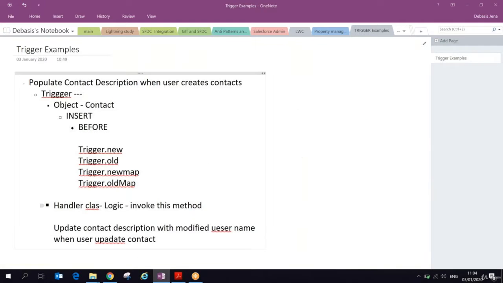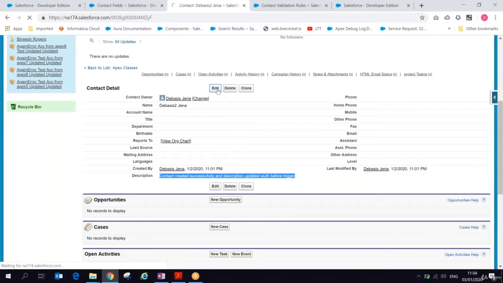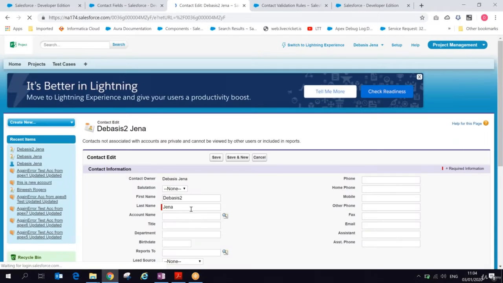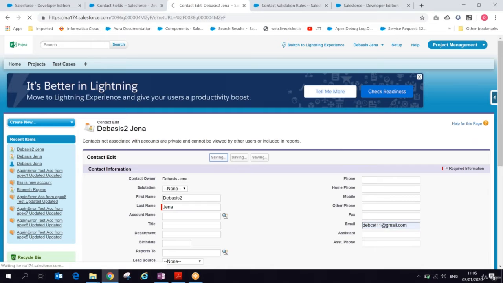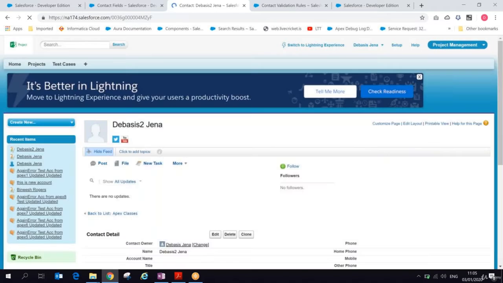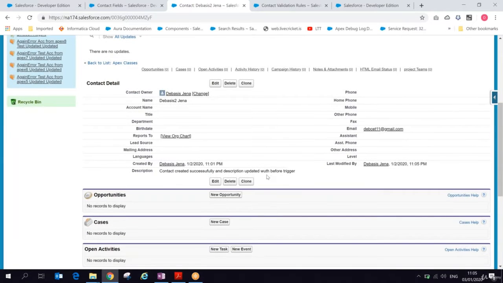Now I go and edit this contact, adding some email ID. Now, who updated the contact, that username I want to take and keep in this description also.